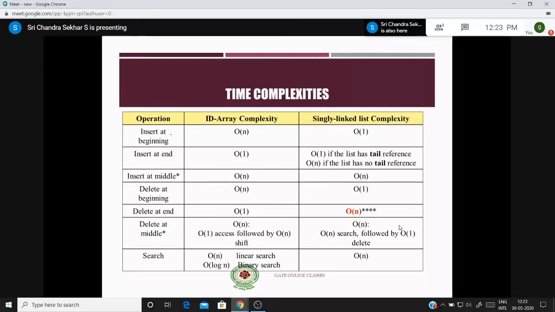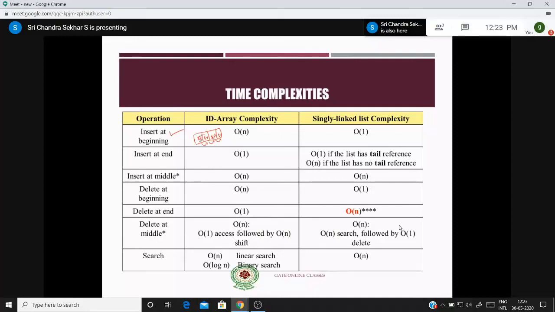Whenever you want to insert at the beginning, we have an array like this. Assume that 20, 30 is there, and I want to insert an element 5 at the beginning, that means at the first location. What happens? There is no space here, therefore you have to create a space. Creating space means you have to move these elements to the right-hand side. Therefore it becomes 20, 10, and the first location is vacant, right?